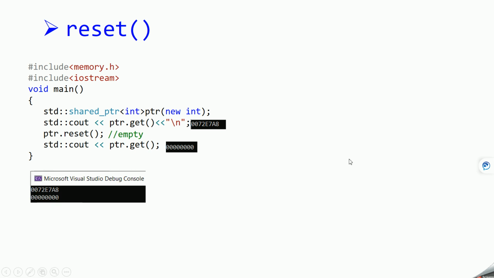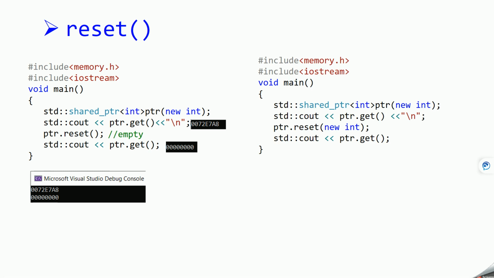Another use case of this reset function is that you can assign the already existing pointer to a new memory. In this case, ptr is pointing to some memory location, and when you run this line, you will get some output like this, that is the address of the memory that ptr is pointing to.